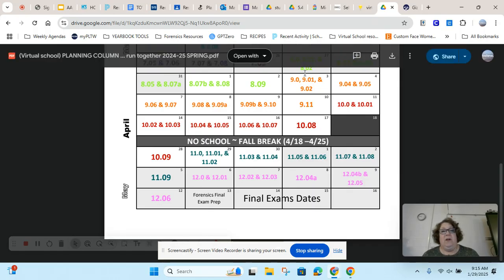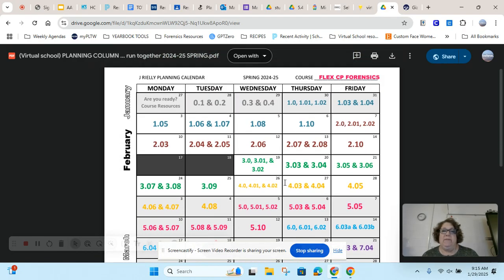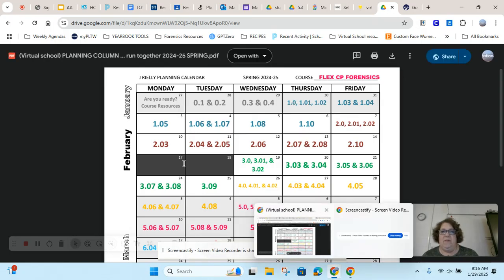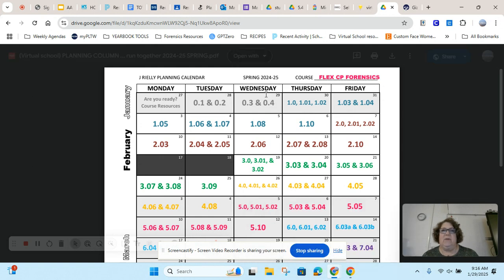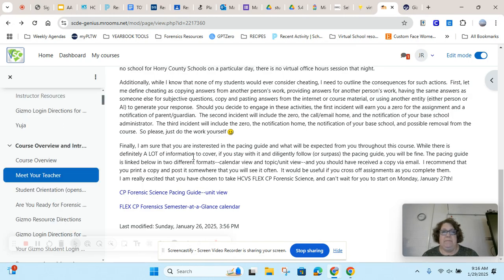Now, these are suggested due dates. You can always work ahead. You should never try to get behind because it can really snowball. And the course is progressive, which means that you have to finish one activity before you can begin the next. You can't just go through and do all the labs and then take all the tests. It doesn't work that way. And that's a Virtual SC policy. I would print out one of these 2 pacing guides and then hang it up somewhere where you will be able to see it all the time and physically cross off the activities as you complete them.